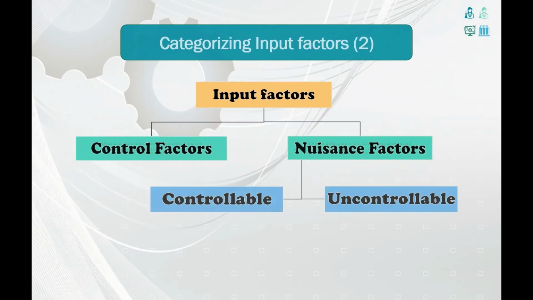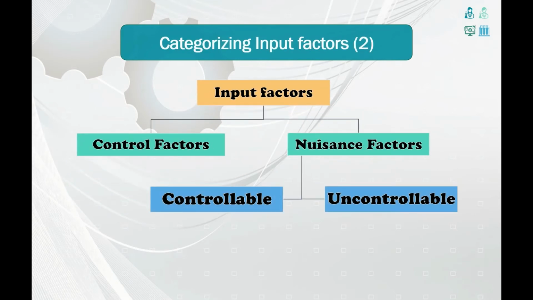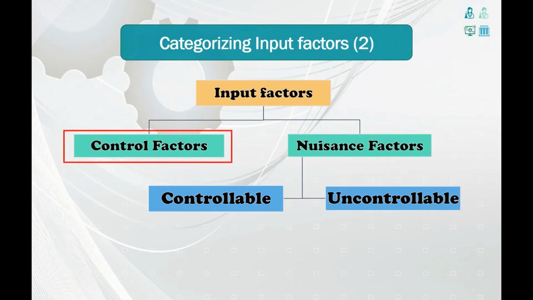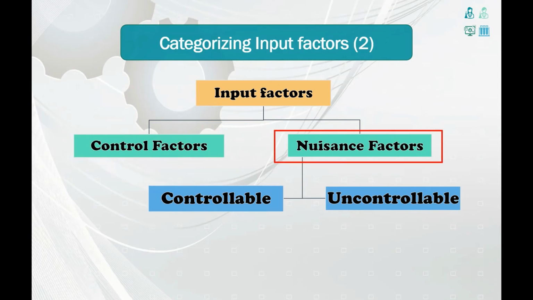The other important way to classify input factors is by the degree of control that the experimenter has over these factors. Factors that the experimenter can set the level for under normal operating conditions are known as the design or control factors. These are the factors that the experimenter wishes to study in order to meet the objectives of the experiment that were discussed earlier. On the other hand, there are factors that might be suspected to affect the process output but cannot be controlled within the process itself. These are the non-design or nuisance factors of an experiment.